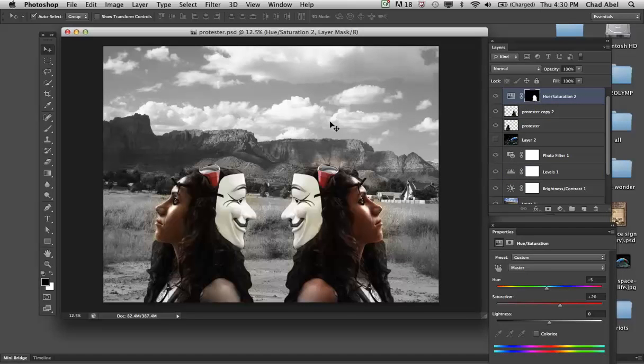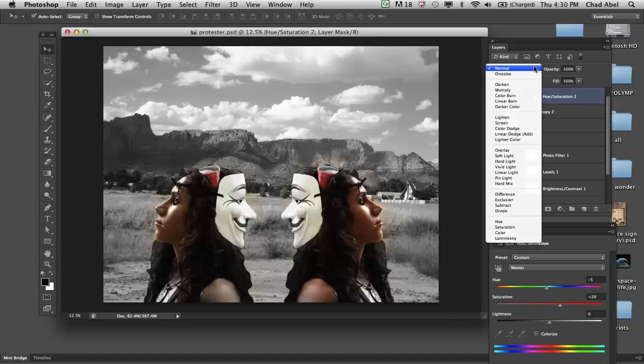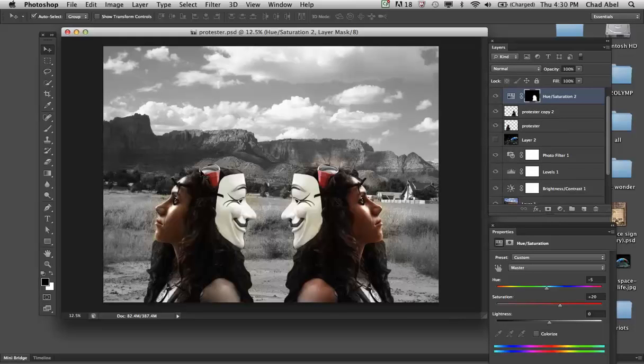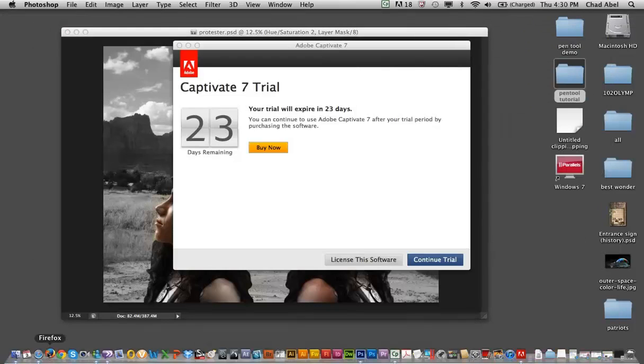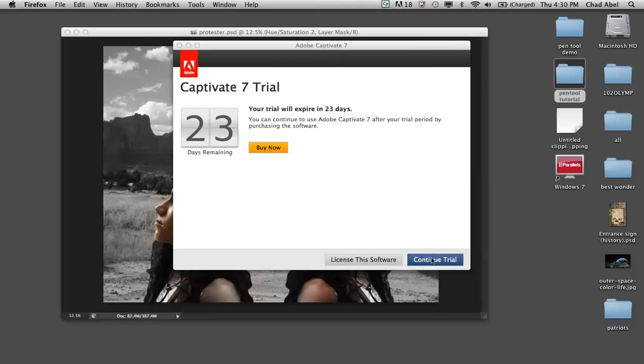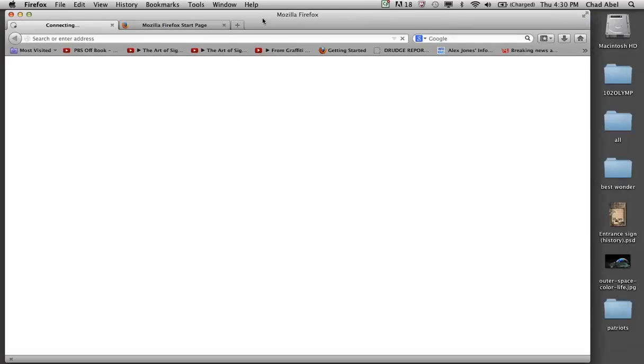Now we're going to put a textured layer over here and do a blending mode up here in the layers menu, to give this sort of an older, worn out photographic look. And so first thing I'm going to do is go to the internet, and I'm going to choose Firefox, and we're just going to Google, maybe a vintage